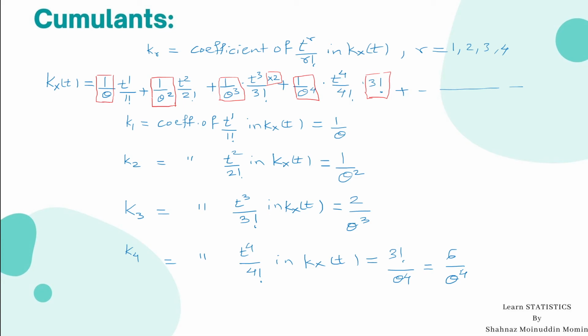In this way, in this lecture, we have learned 2 points from the exponential distribution. The first point is the cumulant generating function, denoted by CGF. In CGF, we learned the definition of CGF and how it is calculated in the case of the exponential distribution. From the CGF expansion, we obtained cumulants. In cumulants, we learned what a cumulant is and how it is calculated, and we calculated the first 4 cumulants, k1, k2, k3 and k4.